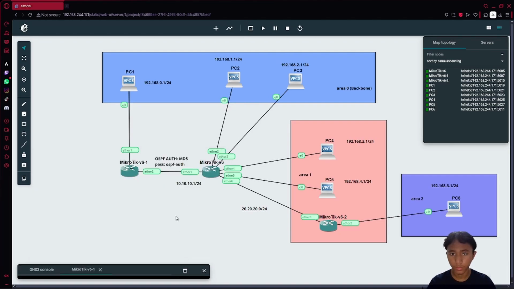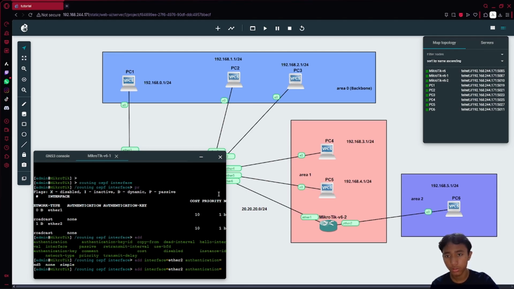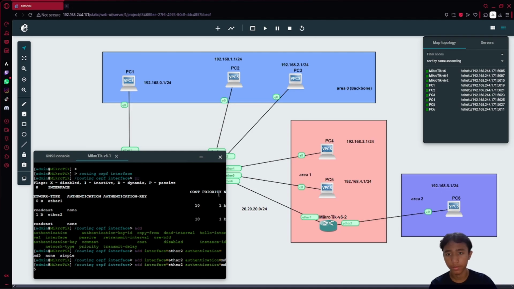Sorry, because I want to set it up on Ether 2, which is this network, I will add the interface Ether 2, and then for the authentication we will use the MD5 protocol.